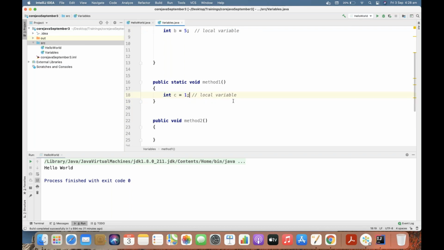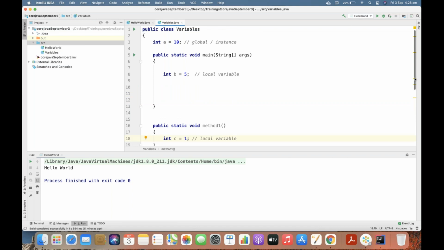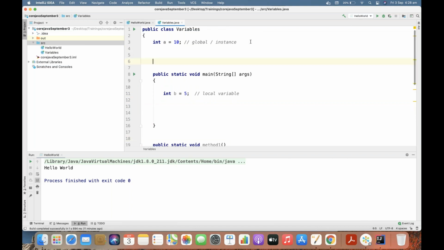Okay. Now, if I declare any variable with the static keyword, currently I'm using only the int data type. Next session we'll use different data types. So if I declare any variable with the static keyword, then this is my static variable. One thing is static variables are always global. This cannot be local. The reason is, as I said, there is a dedicated topic we will be seeing with the static keyword. On a high level, I'm explaining this.